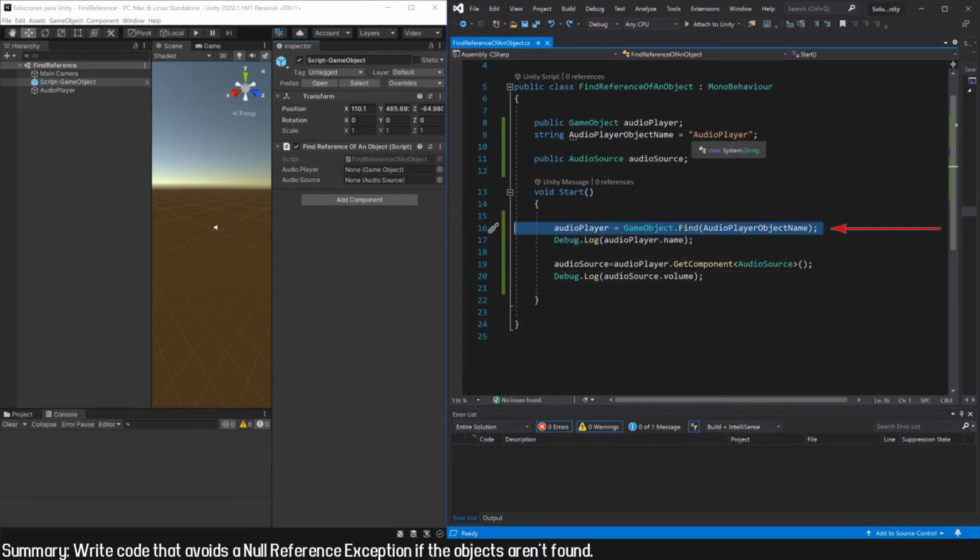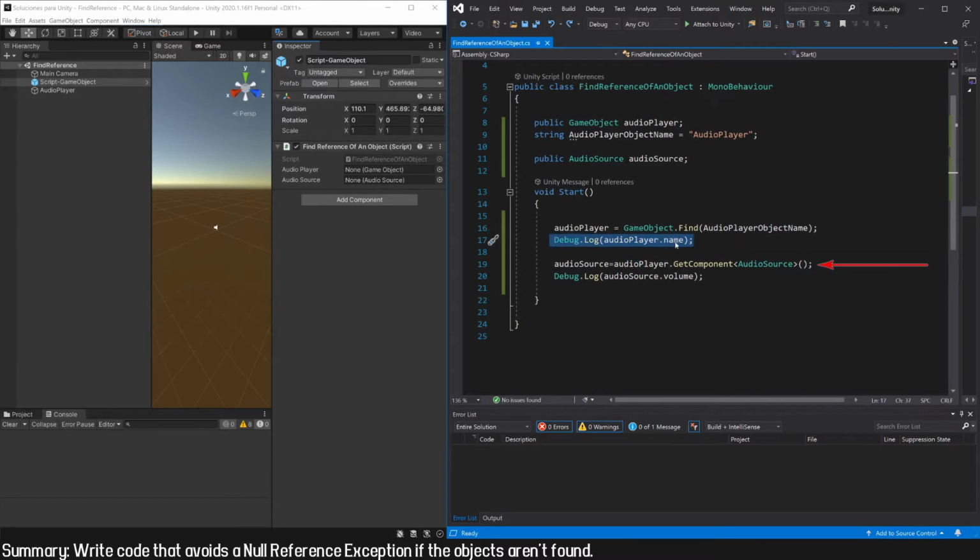Here I'm looking for the reference of a GameObject that has this name. In the corner I leave you the video where we saw how to do it. Notice that in the hierarchy we have a GameObject that is called that way, so in this variable we're going to have this object assigned. Then we print its name in the console, that is, we are using the reference of the object to apply some action to it. In this case, to read one of its internal values, which is the name. If this reference was null, because we didn't find any object with that name, here we will have a NullReferenceException